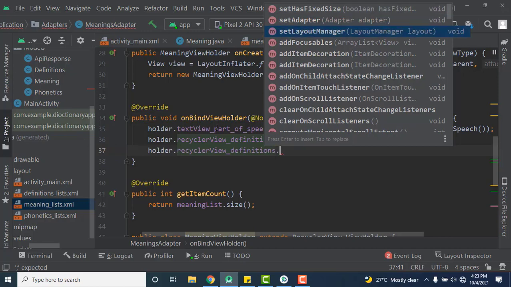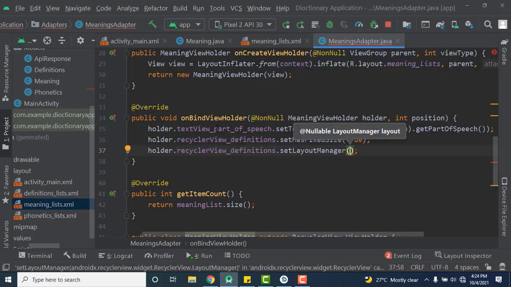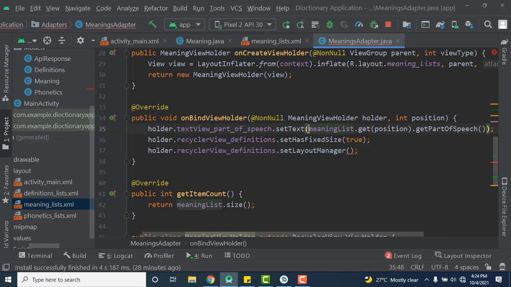We'll now set the layout manager. Please, there's something I forgot to do here. For this part of speech, I need to bring in a string and just write Parts of speech, then give it a space. So when it displays, we'll know that it's part of speech. Then we'll set holder.recyclerViewDefinition.setLayoutManager. We set it as